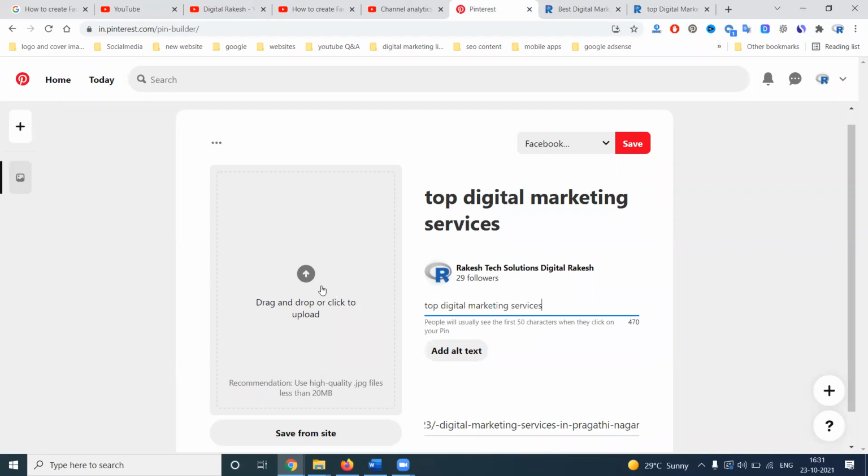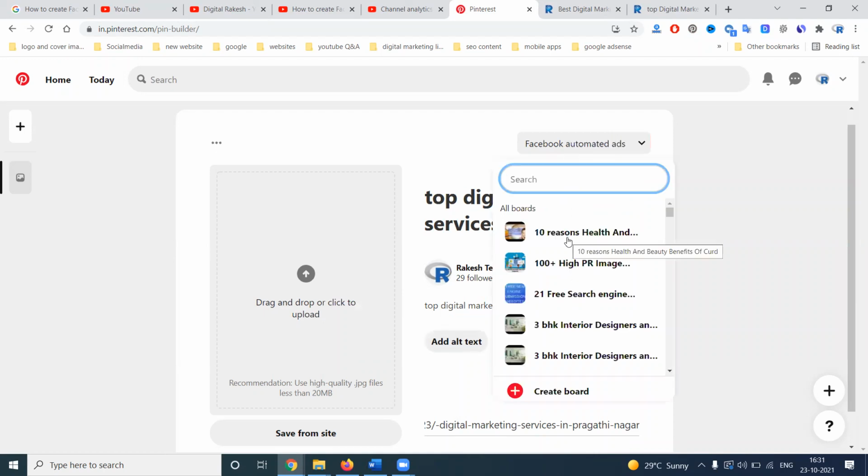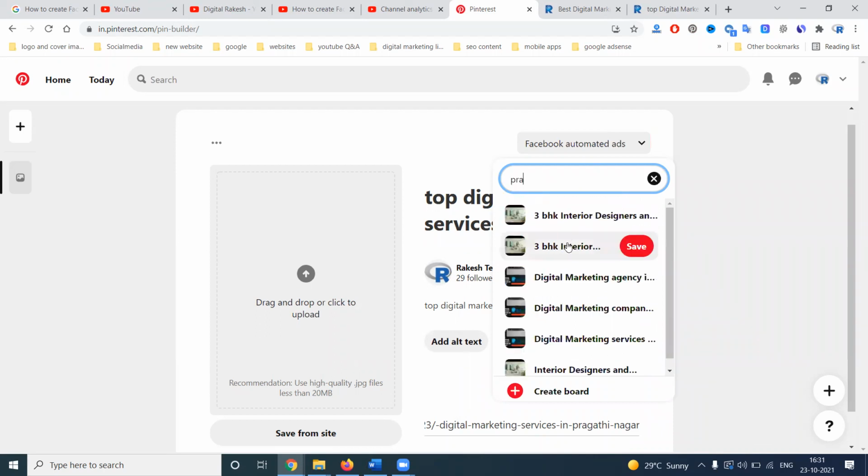Here, what can we change? I'm changing the image. Which image? Here. Next, my board. What will my board be? Pragati Nagar. So this is the board of Pragati Nagar.